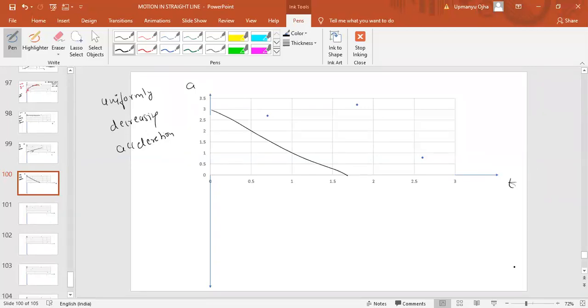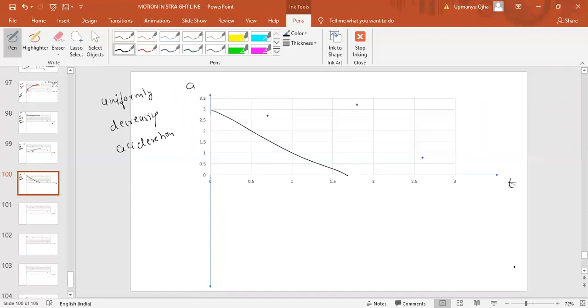Yes, very good. Okay, so these are the graphs which we have to study. We have discussed all the types of graphs which can be asked in your NEET exam. Basically, they will ask you velocity versus time or displacement versus time graphs only. Sometimes they can ask you an A versus T graph, but we have discussed all the graphs. Acceleration is not constant; it is decreasing.